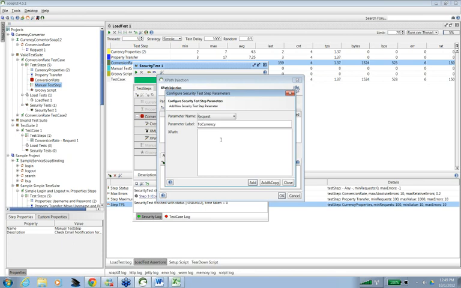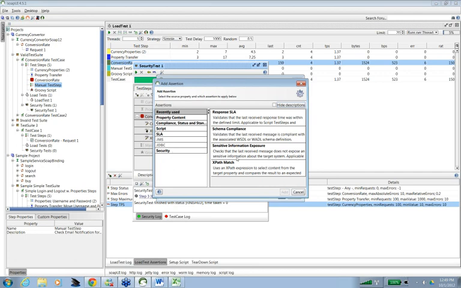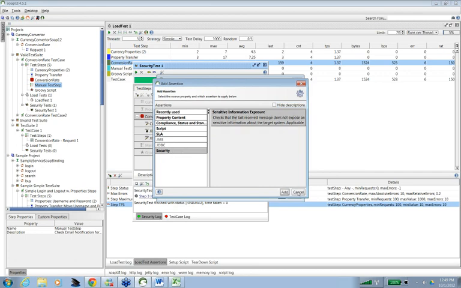So again, it's the same thing. And assertions you can add here.